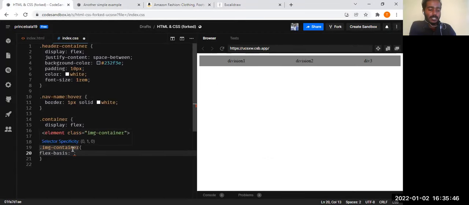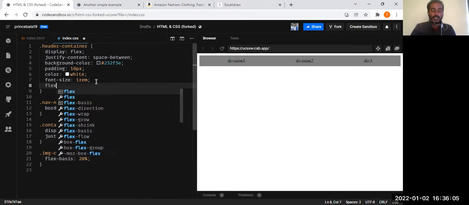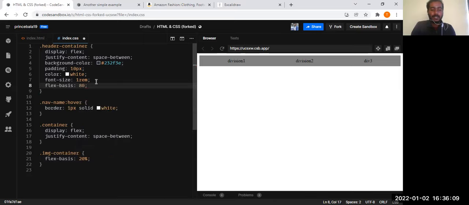So now flex basis will be 100%. I'm going to give the image container 20%, and to this container I'm going to give a flex basis of 80%.